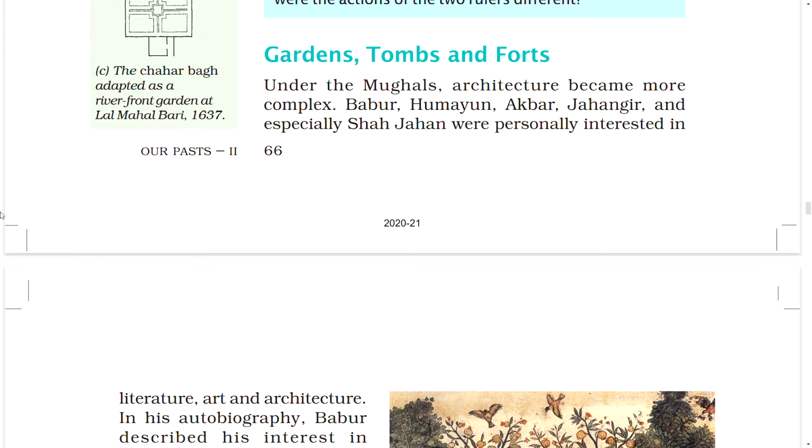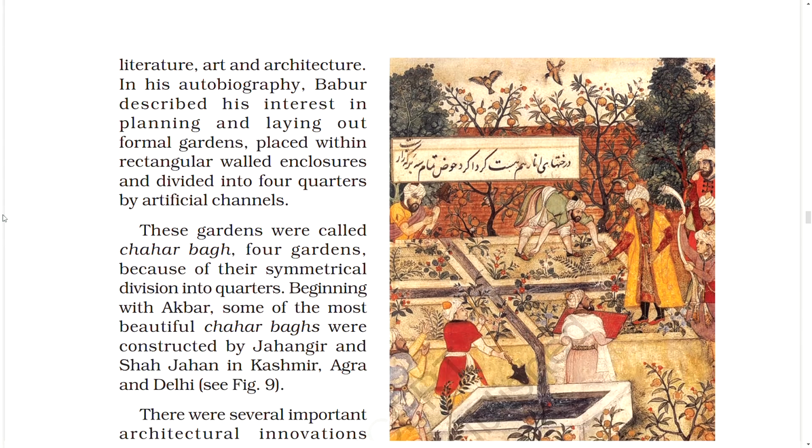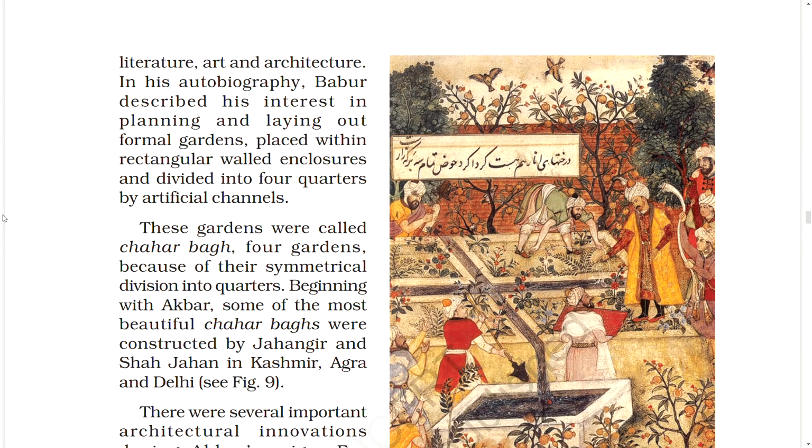Gardens, tombs and forts under the Mughals became more complex in architecture. Babur, Humayun, Akbar, Jahangir and especially Shah Jahan were personally interested in literature, art and architecture. In his autobiography, Babur describes his interest in planning and laying out formal gardens